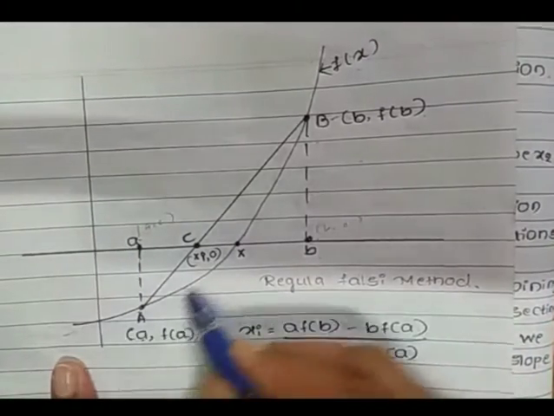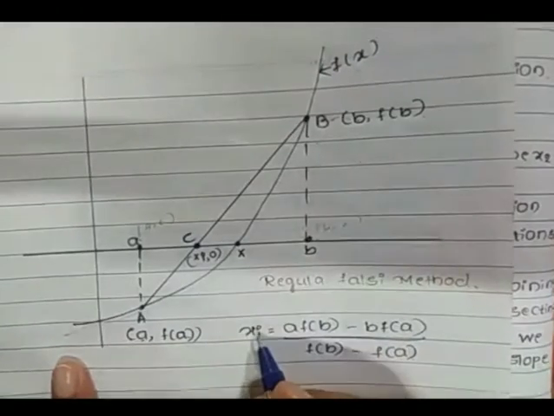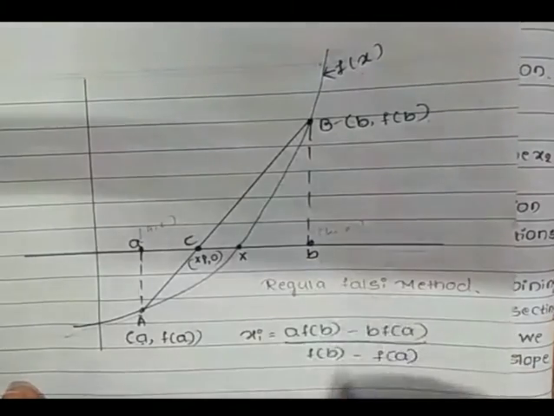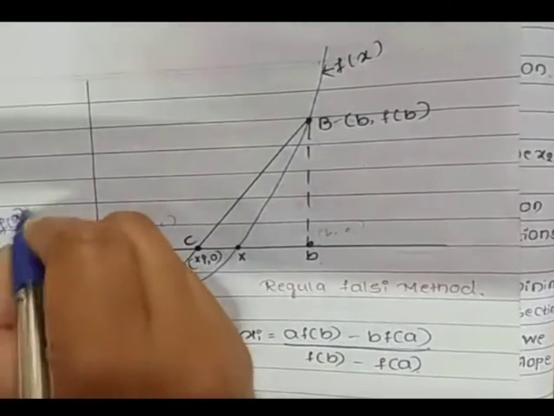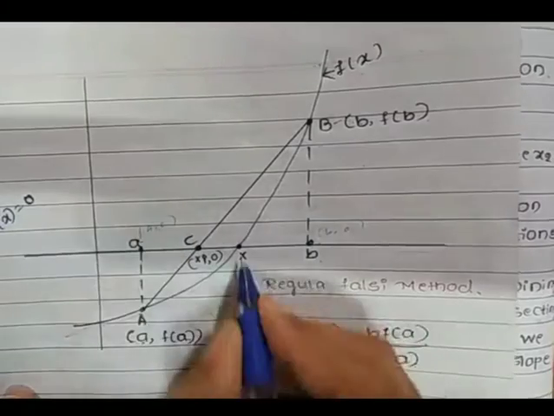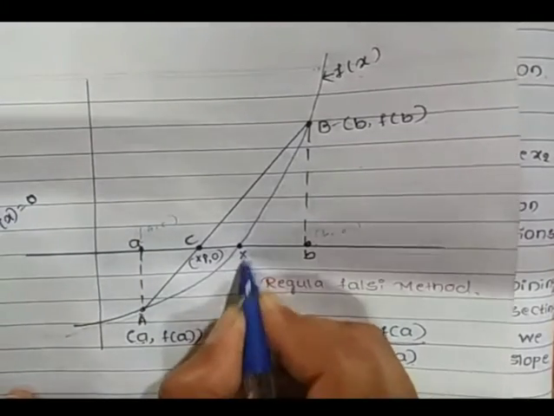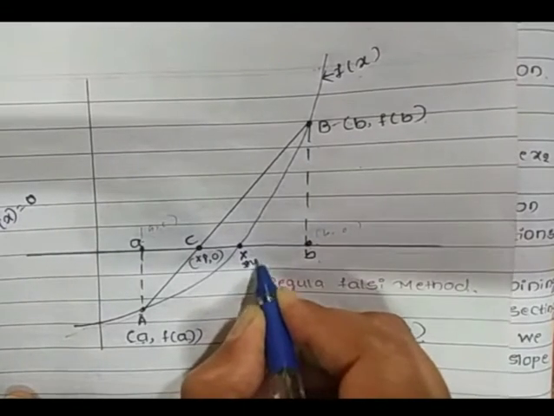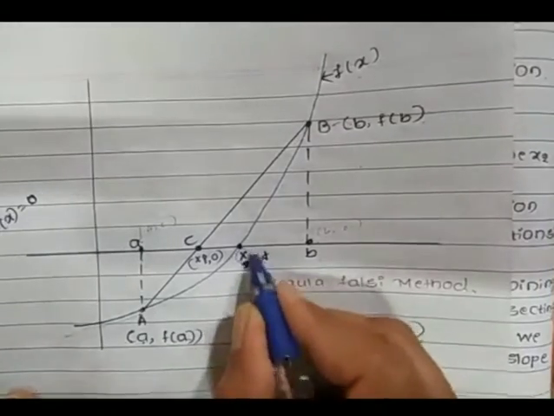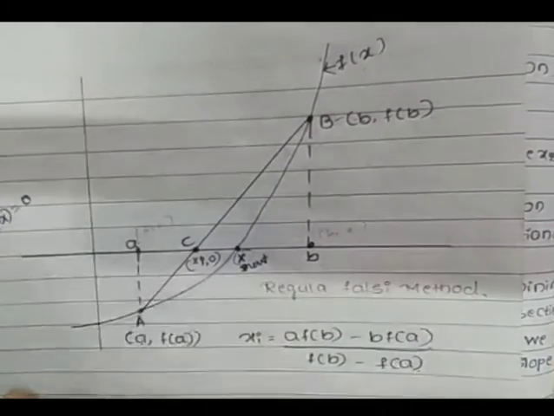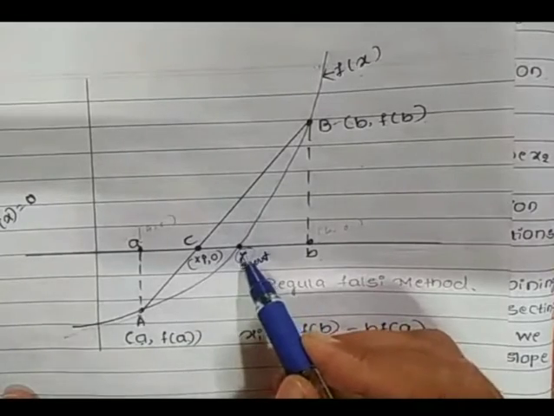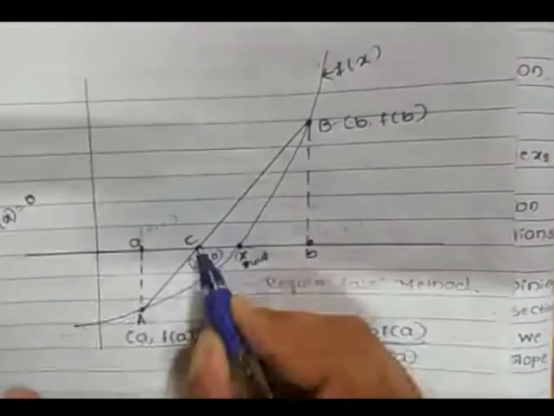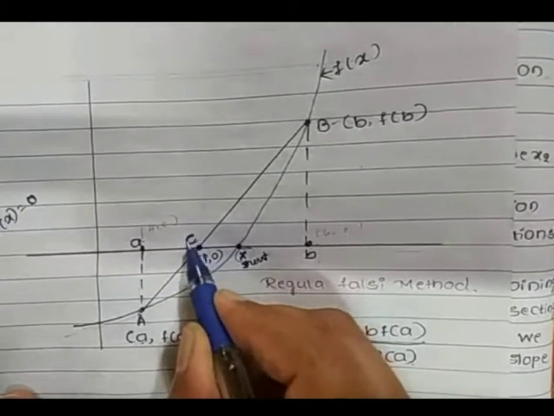Then this curve's root on the x-axis we calculate when it is exactly equal to 0, because here f of x is equal to 0. F of x equal to 0 means when this x value touches the x-axis. So this x root we are calculating in every example. To calculate this x value, first we have to join this a and b. Then one more point arises here. Call it point C.